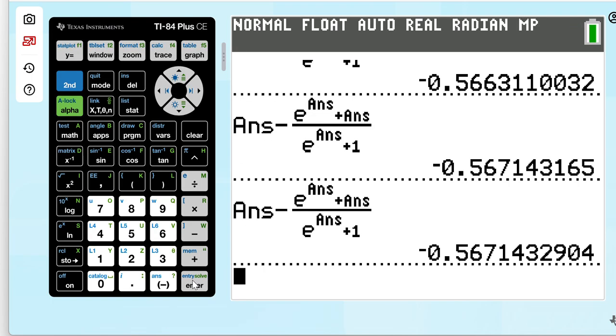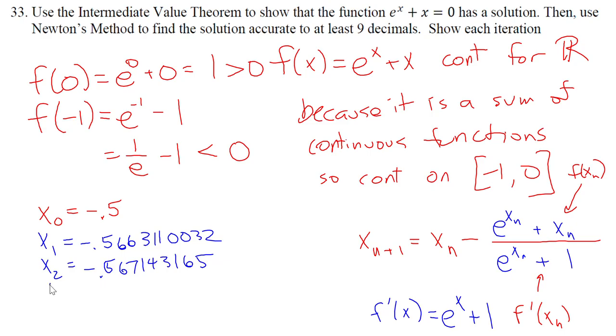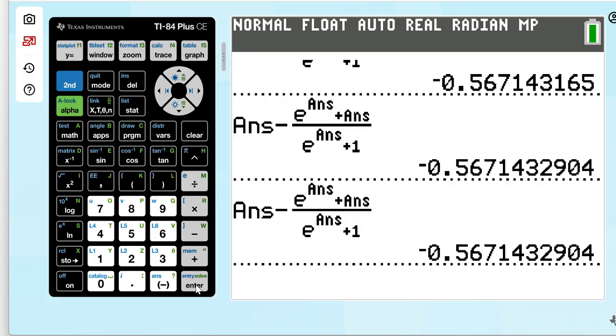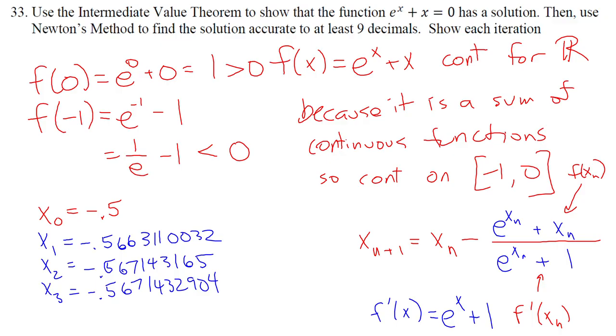Then we'll hit enter again, and we'll get this value. So we'll put that one in. x sub 3 is equal to negative 0.5671432904. And when we hit enter again, we can see we get the exact same values,